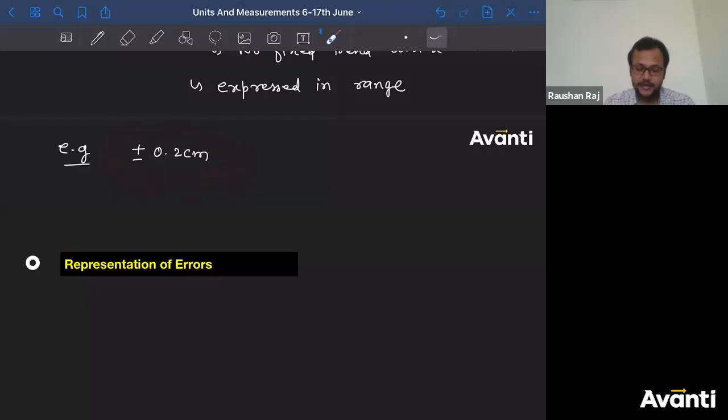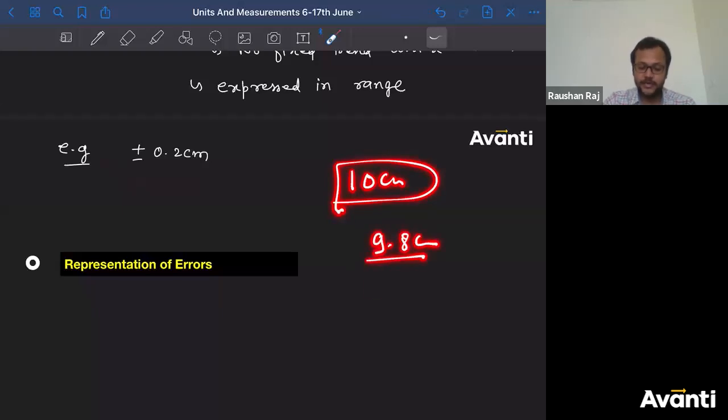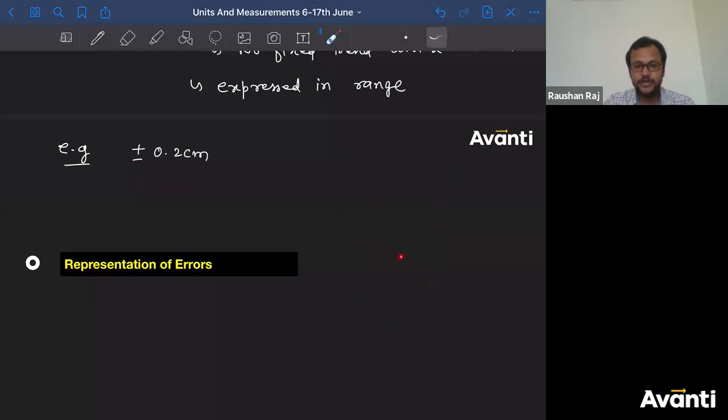That means the error in the measurement of length is varying from minus 0.2 centimeter to plus 0.2 centimeter. If you're having a length of 10 centimeter rod, then the least length that you can get is 9.8 and the largest length that you can get is 10.2. So the length of rod will vary from 9.8 to 10.2. You don't know whether it will be 9.8 or 10.2. तो बीच वाला कोई वैल्यू बीच में हो सकता है, ठीक है.